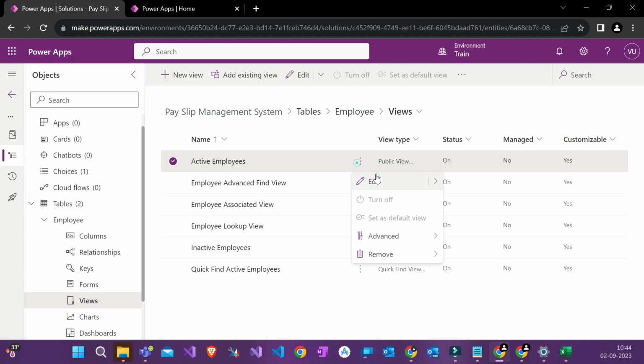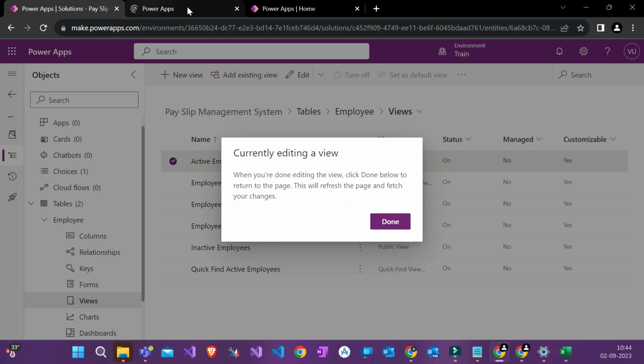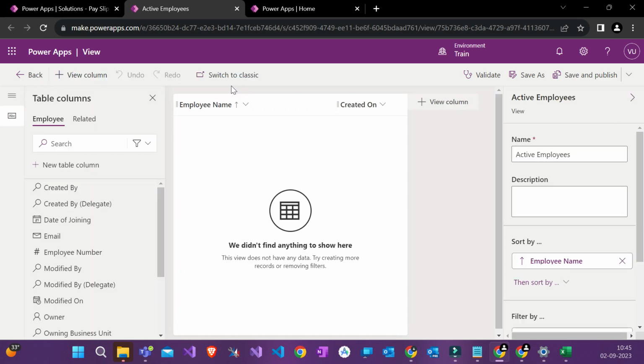I will explain both, but let's first edit an active public view. Click on edit. These are basic form and views things I'm telling you, but there is more to them. I will tell you all, but later, so let's just finish the basic things.